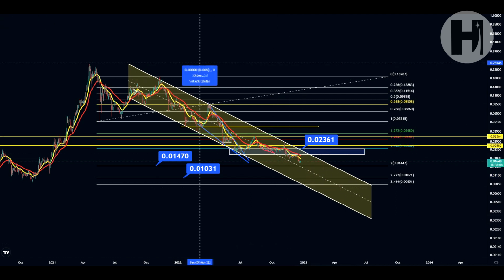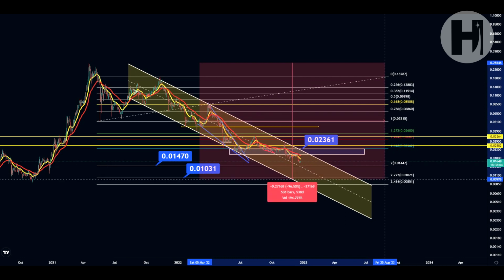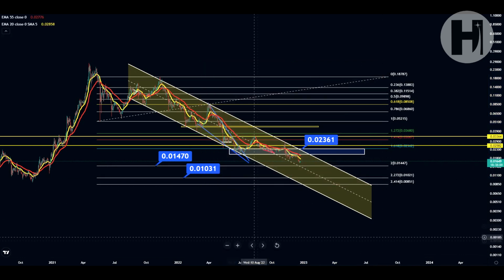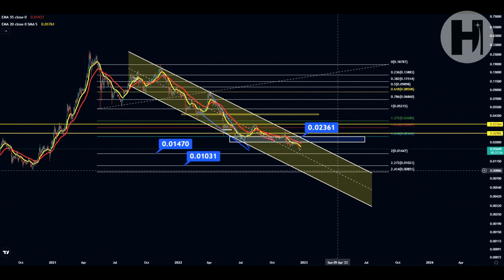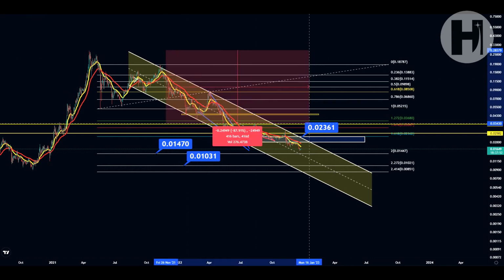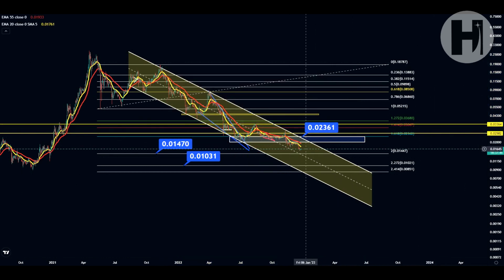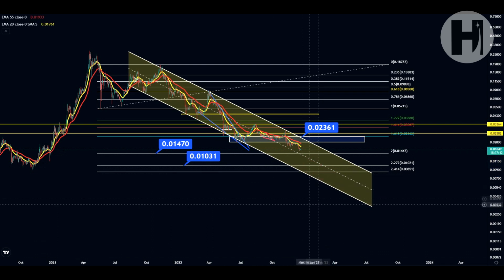And from the all-time high, Vechain is already down 94%, and all the way down there, that's going to be 97%, which is pretty normal for altcoins in a bear market, so I wouldn't be too surprised if that happened. So yeah, even though Vechain right now is sitting at a 94% pullback from the all-time high, from these prices here, you can still have a 50% pullback. That's what you need to understand.